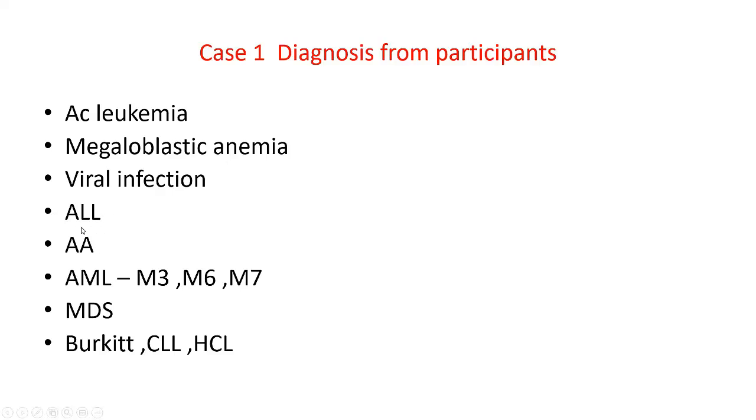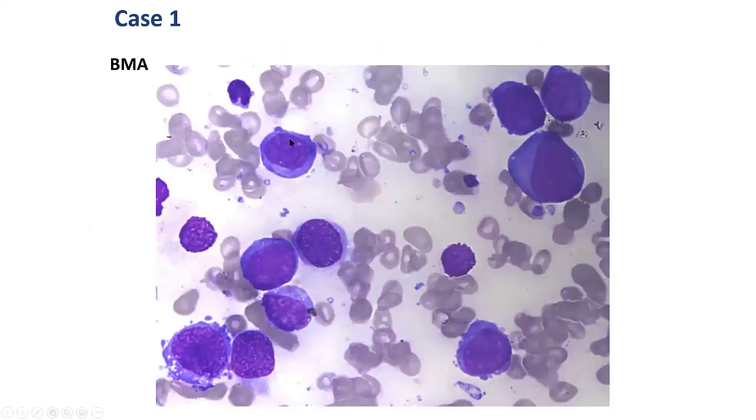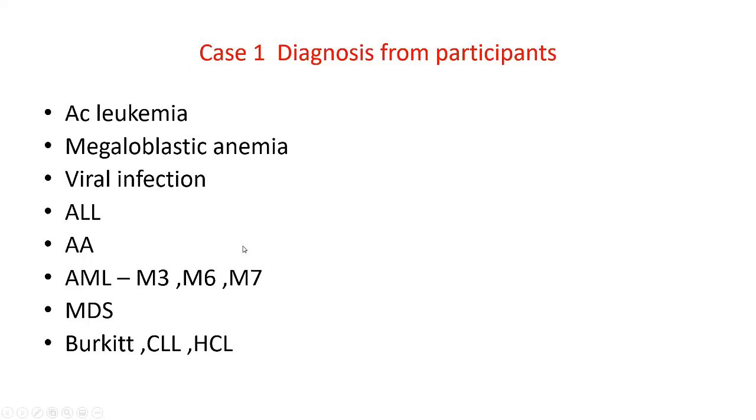Some people have written aplastic anemia. It is not, because in the peripheral blood there were blastoid cells, and in the bone marrow, the section which was provided to you did show these blastoid cells. Many of you have given the diagnosis of M7, and some of you have given M6. M7 probably because, as you can see in some of the cells, there was cytoplasmic budding, which is seen in M7. But in some other leukemias also one may come across these tiny cytoplasmic protrusions. So only the presence of these cytoplasmic buds does not make it M7, but yes, it is a very good